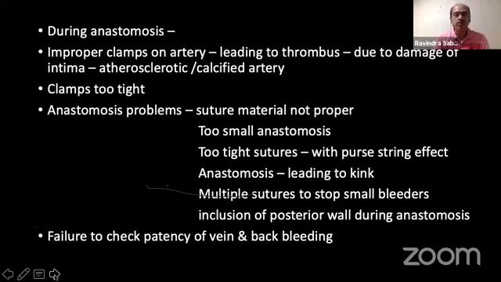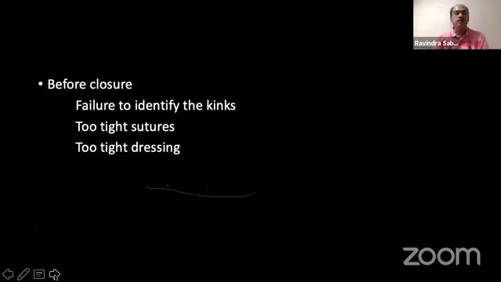So if you pay attention to all these factors and rectify them, that indirectly is going to enhance your success rate. Now, after dissection, after anastomosis, the important thing is closure. As you know, the vein is superficial, and the deep artery you have brought to the superficial. The anastomosis is actually under the skin, in the subcutaneous plane, and therefore you have to identify before closure whether it is lying in the natural position or not, and if there is any kinking or not.